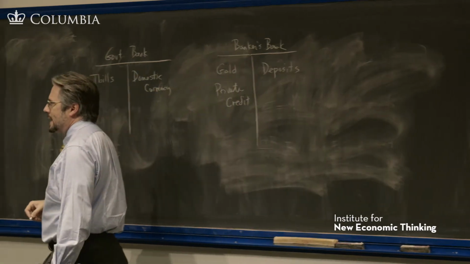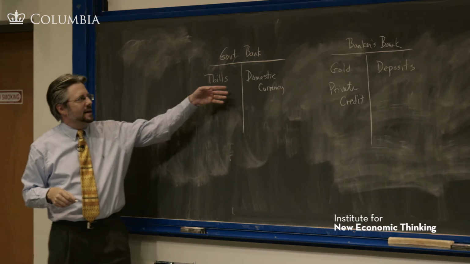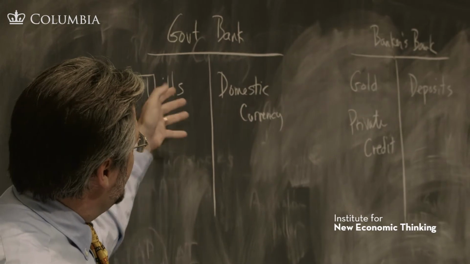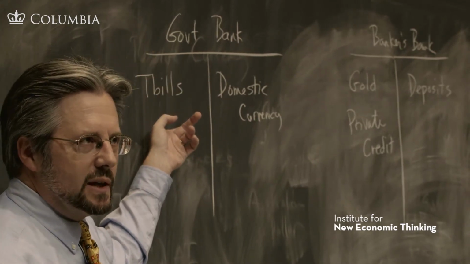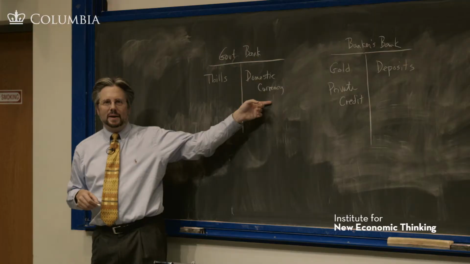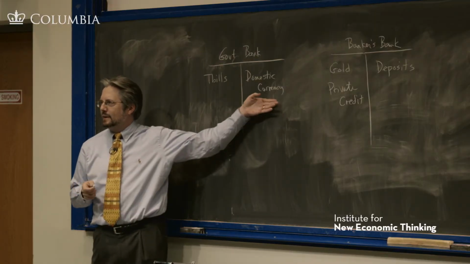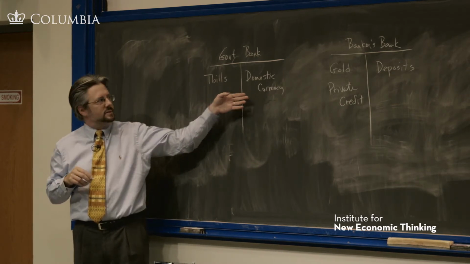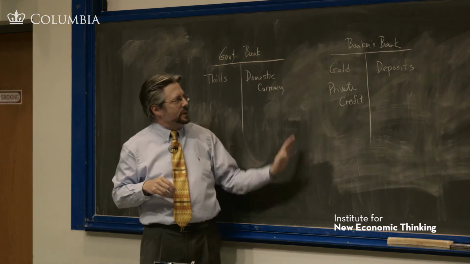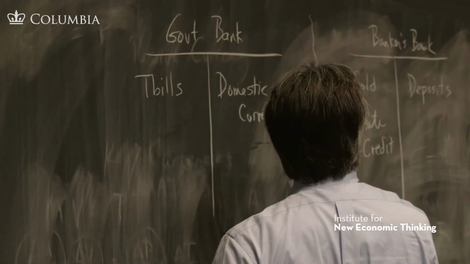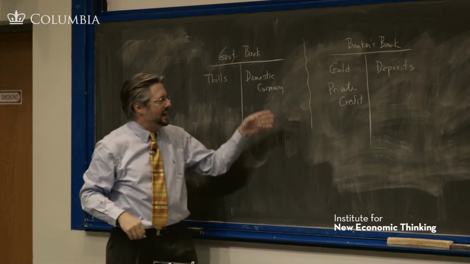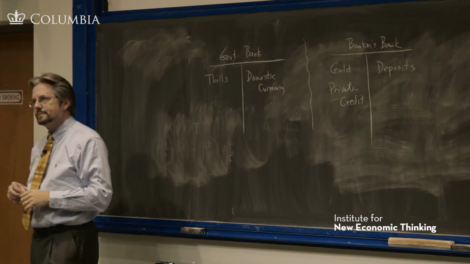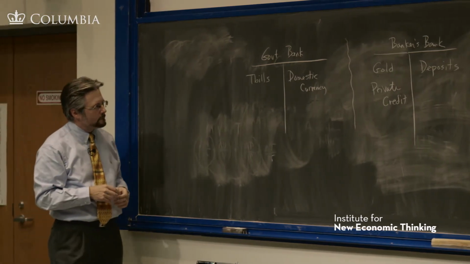I'm showing for the government bank that all the credit is state credit. It's treasury bills, and there don't have to be any reserves here, because the king is just promising to pay these little pieces of paper with his own head on it, and he can always print some more of those. So he's just using those to fund his operations. These are separate currency systems at the moment. Promises to pay gold and fiat currency. That's just a cheap way for the government to fund itself. And they're separate.